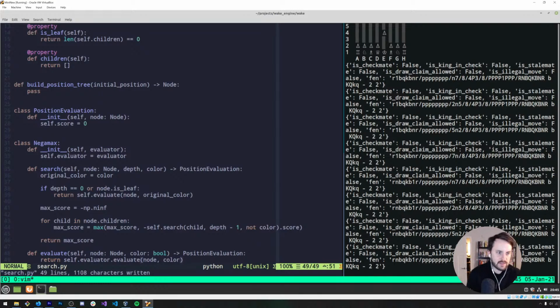It is recursive, I believe. Yeah, this is recursive, so we call self.search. I believe the idea with negamax is that it's like a minimax algorithm where the best move for your opponent is to minimize the quality of your position.